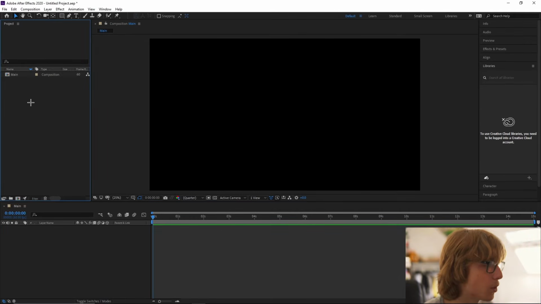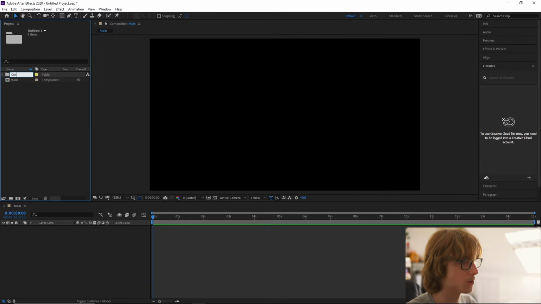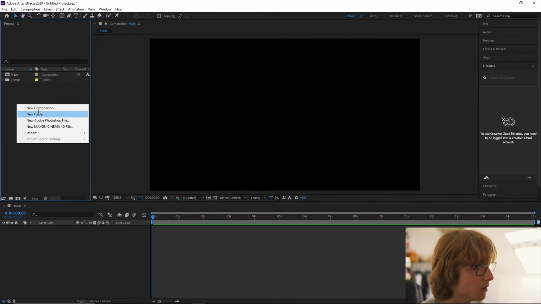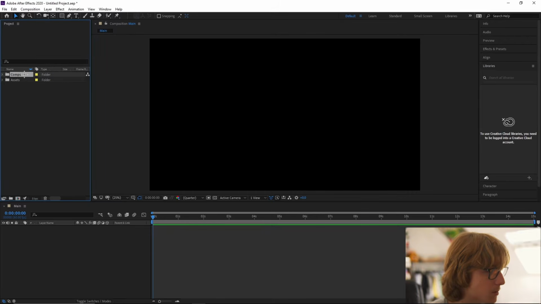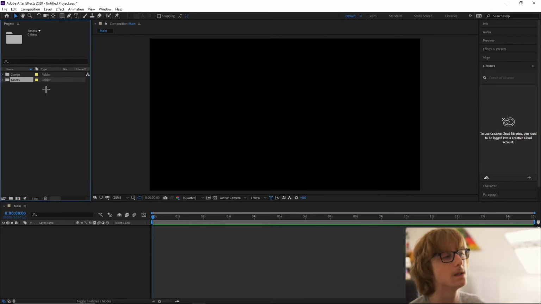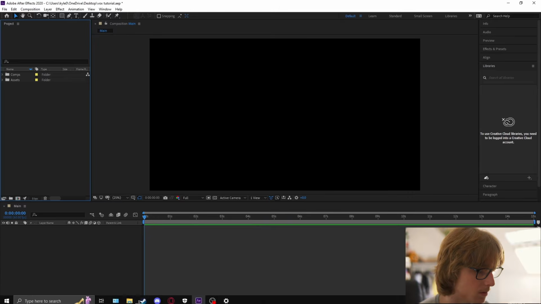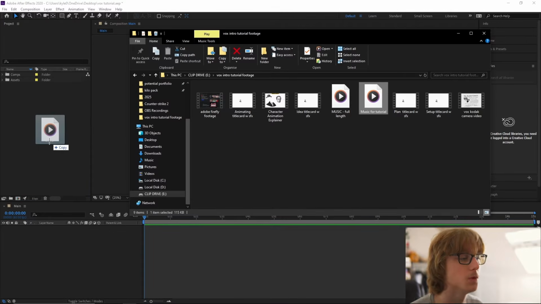And then in the project window, you're going to right click and make a new folder. Call this one comps. Then do another one and call this one assets. You're going to drag all of your comps into here and then all of your assets into here. This is just good practice, keeps it clean and organized. Then you're going to drag in your music,